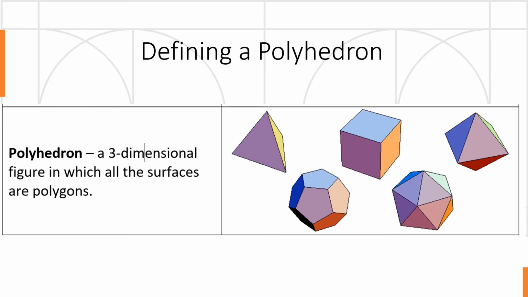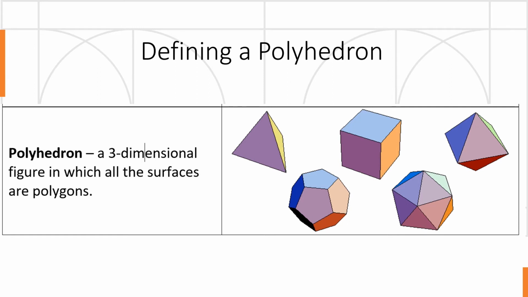Okay, so those lesson objectives may have had some vocabulary words you weren't familiar with. The first of which may be a polyhedron. A polyhedron is a three-dimensional figure in which all surfaces are polygons. If you look over here to the right, we have 5 different polyhedrons as examples, and you can see all of their surfaces or faces are going to be shapes you're probably familiar with. Two-dimensional shapes like a triangle or a square, or down here this fourth one, they're all 5-sided figures which are